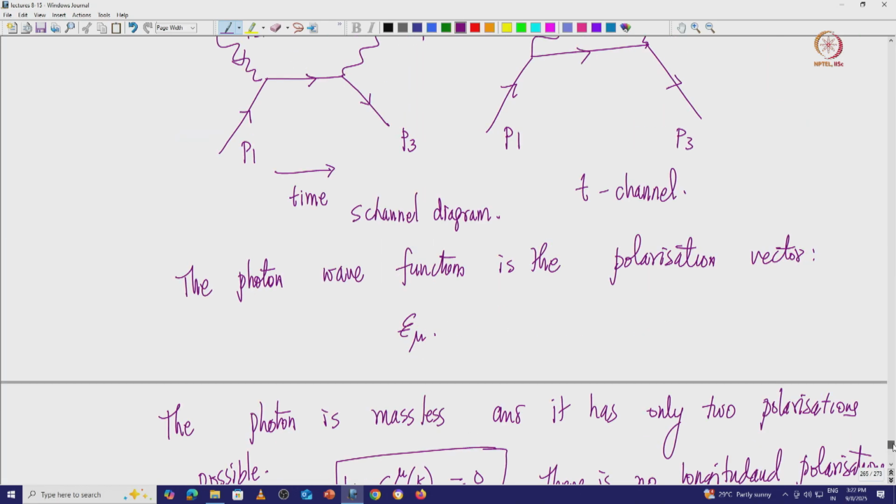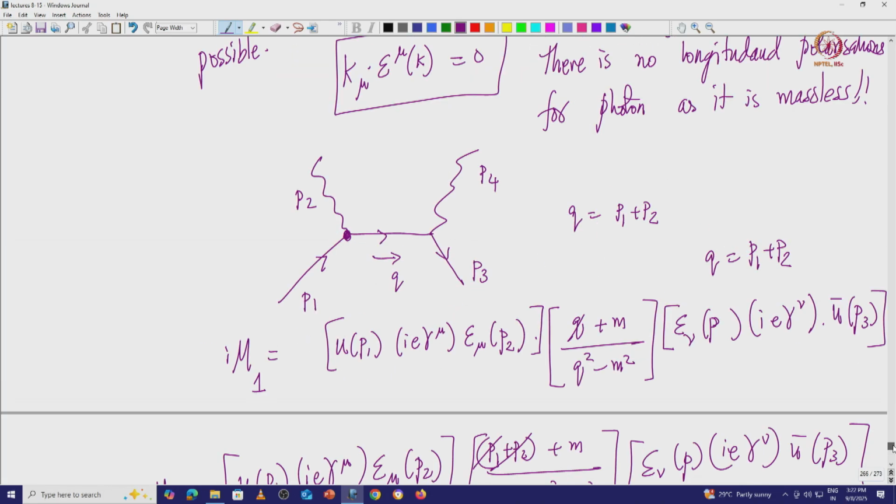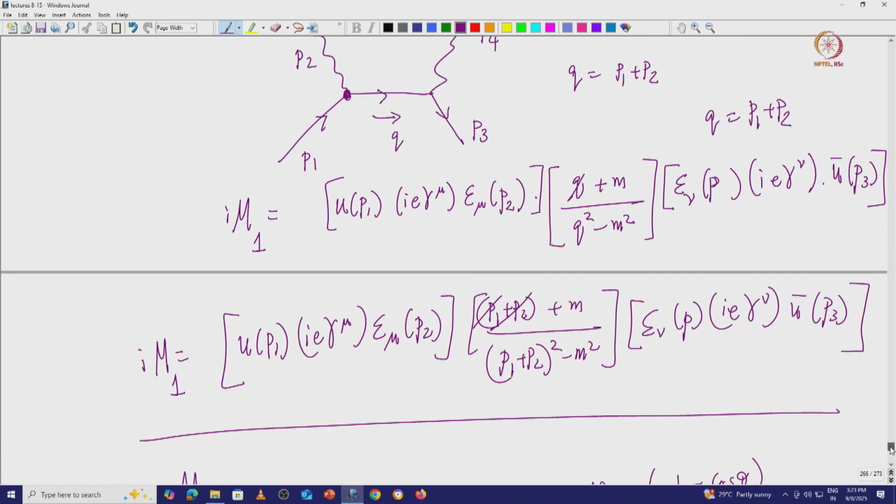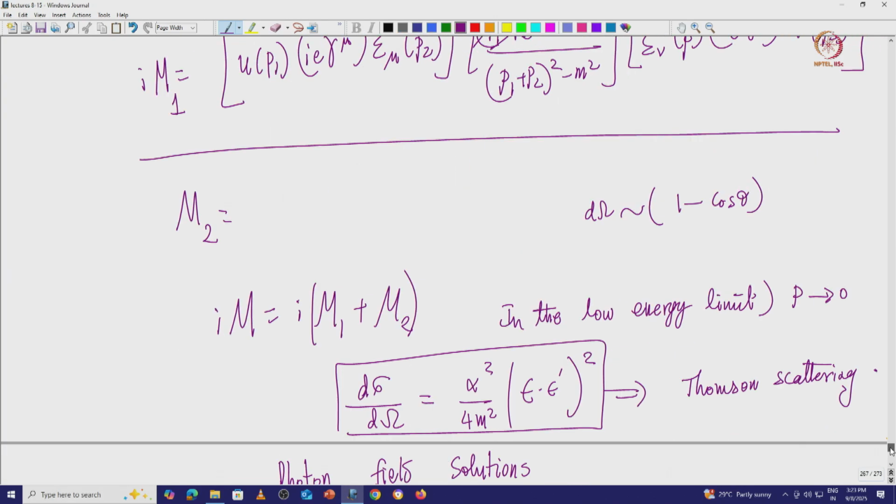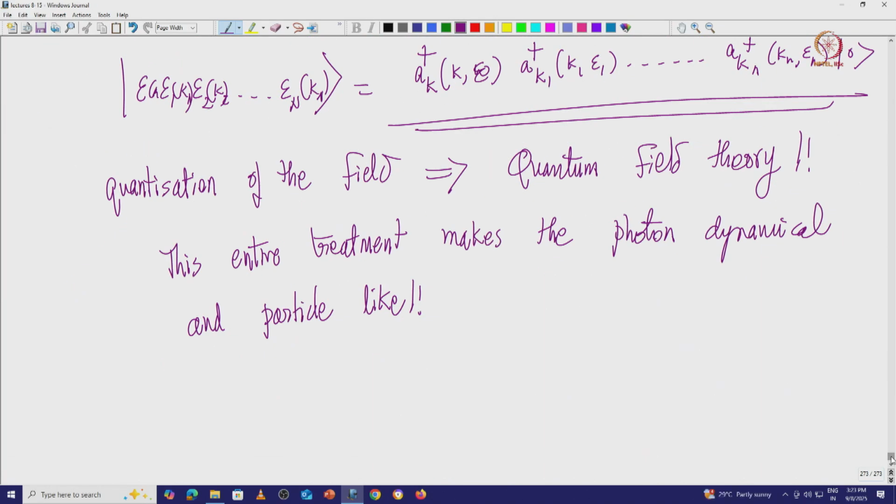With this, what I did was calculate one of the diagrams of this process. I wrote the amplitude in this particular fashion. What we are calculating here is the amplitude, and if you want to calculate the differential cross section you have to take the square of the amplitude, which is M dagger M. I did not do the steps. Having M dagger M, I directly wrote down the scattering cross section in the low energy limit when p goes to 0, in this particular fashion. There are certain theorems which help you.